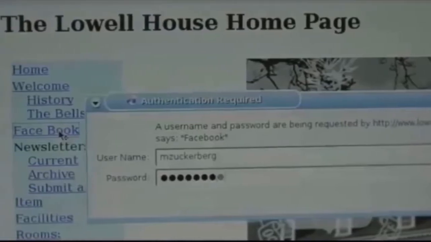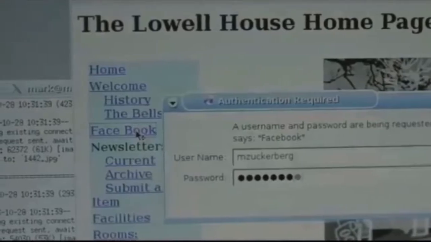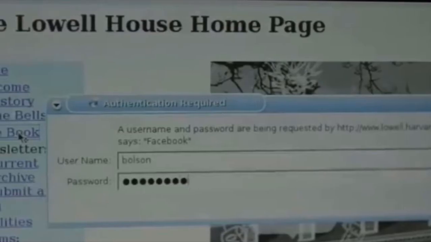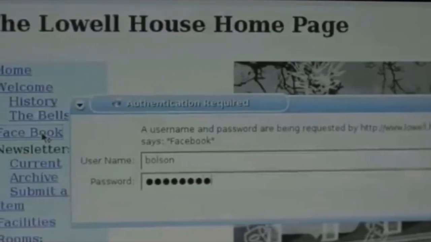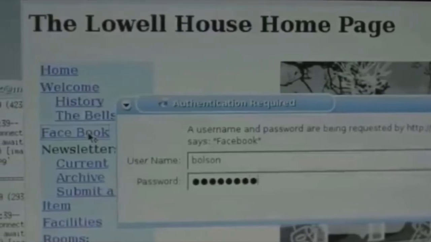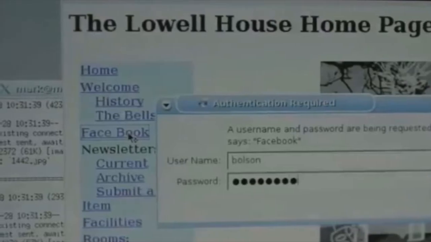Instead, he figures it would be a student's name and their student ID as username and password respectively for one of the residents at Lowell. The scene shows him using the username B. Olson, which obviously stands for his friend Billy Olson, and once he's logged in, he writes a Perl script that allows him to recursively download all the pictures from that page. This last part is only mentioned in the blog, but not in the scene.